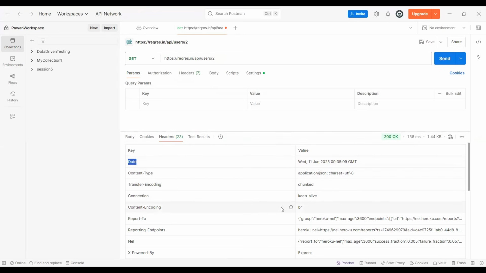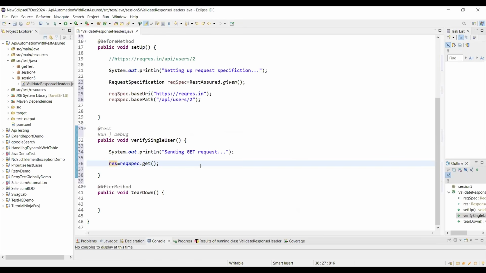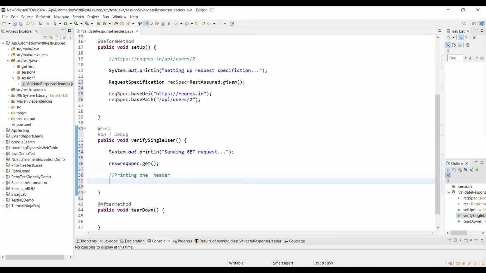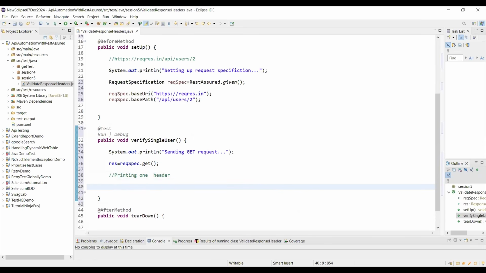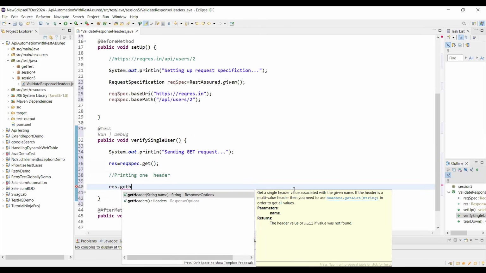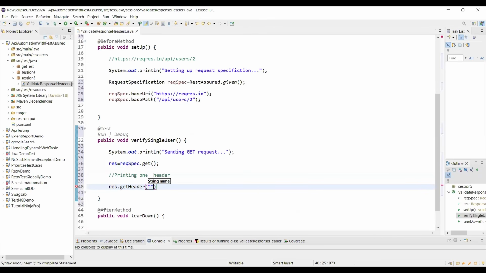So how can we achieve it through RestAssured? We are going to print one header. How can we print it? Response dot get